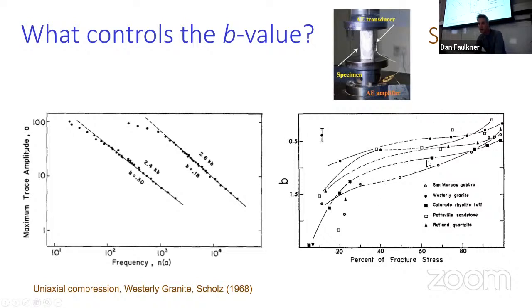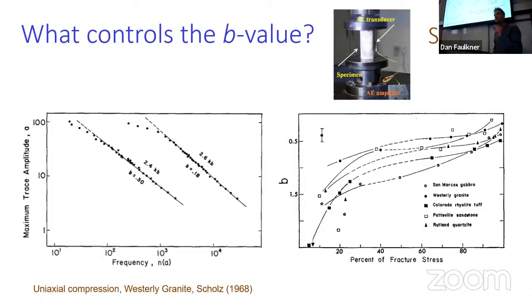So that's illustrated by the graph on the right just here. As a percentage of the failure stress on these intact rocks, as we go towards the right, we're getting more and more stress on our rock, we're taking it towards failure. Then we actually get a decrease in the B value. So you'll notice that the B value just here gets smaller as you go up. As you go closer to failure, you actually get a reduction in your B value. So what does this tell us?